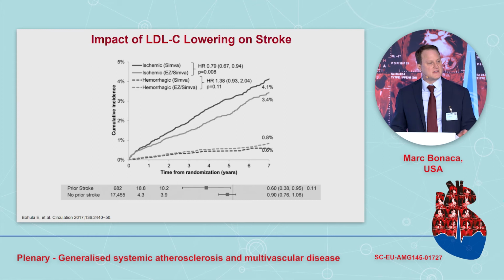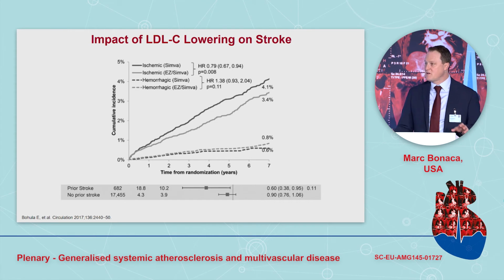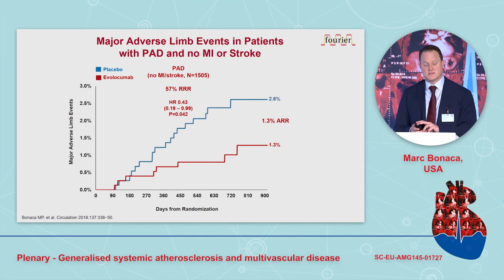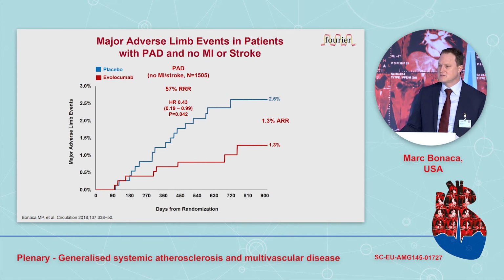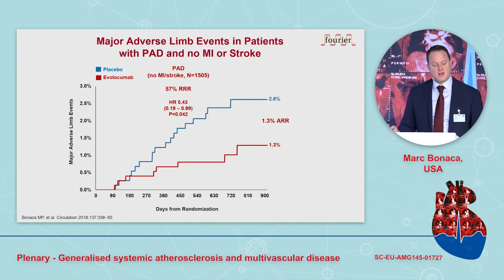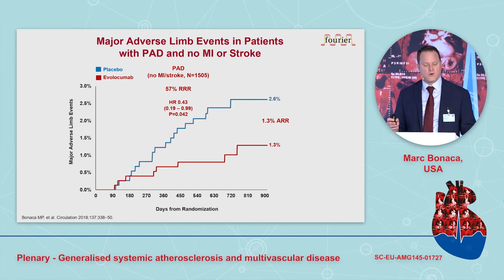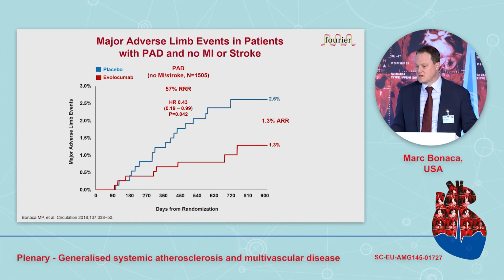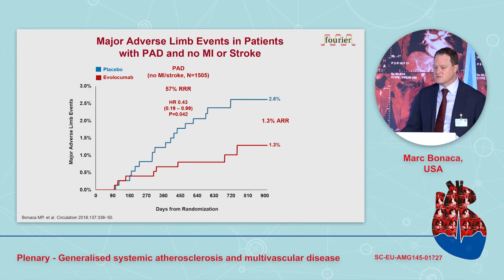And in fact, we see that LDL lowering is very effective at reducing the risk of stroke. So knowing that they have carotid disease and they're worried about this outcome helps to inform how you have that discussion around risk. And similarly, for the patient with lower extremity artery disease, they often come to you because their legs hurt. They're worried about acute limb events, particularly amputation. And again, LDL lowering is exquisitely effective at reducing risk here, a 57% relative risk reduction.